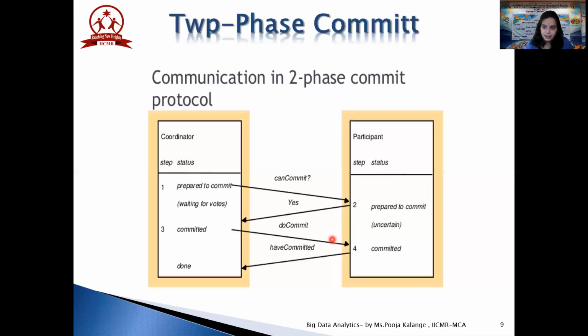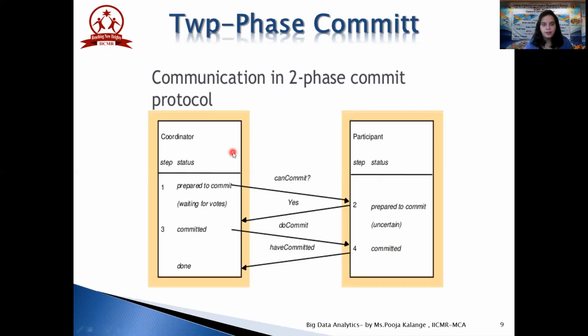Okay. Next, as I said regarding distributed databases, we need to understand what a two-phase commit is. The two-phase commit protocol is used in distributed databases. We have already studied this in distributed database systems, but we will have a quick recap of the two-phase protocol. You know that in the two-phase protocol, we have a coordinator and we have a participant. Here are the acknowledgement statuses or messages which take place in this communication.